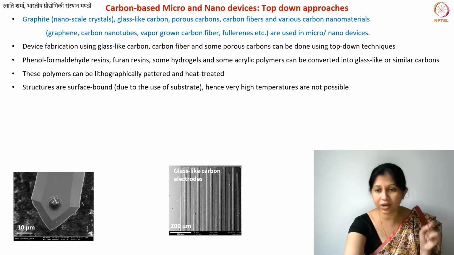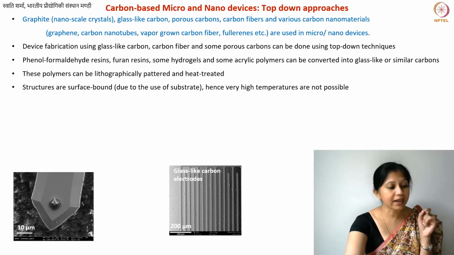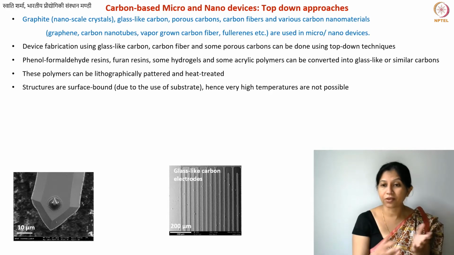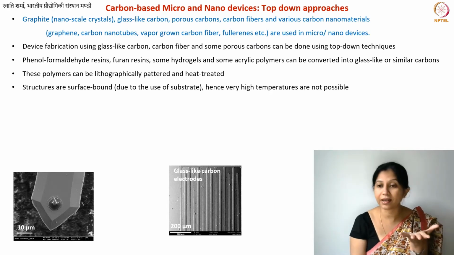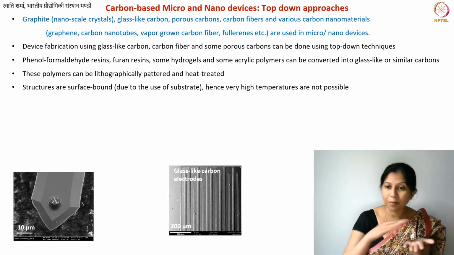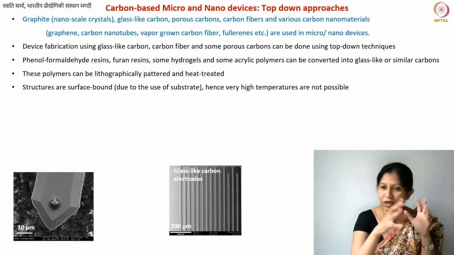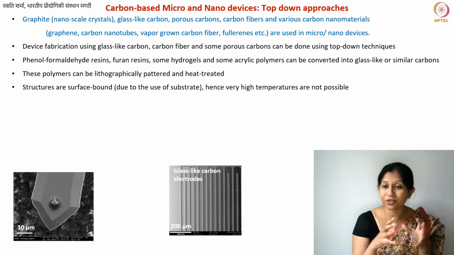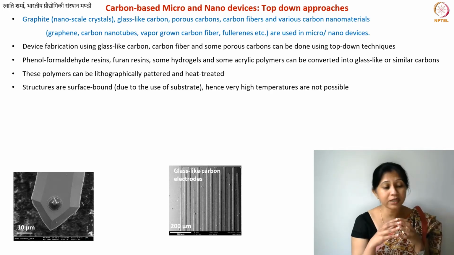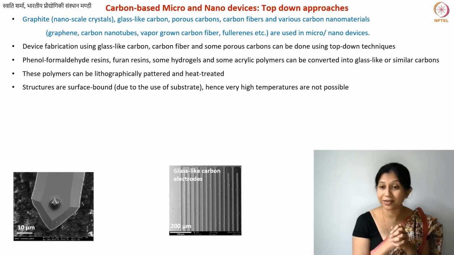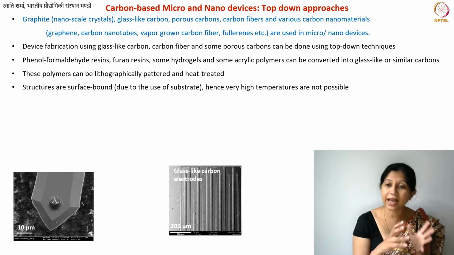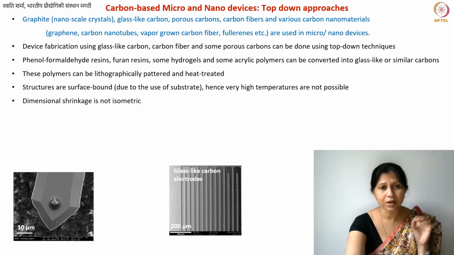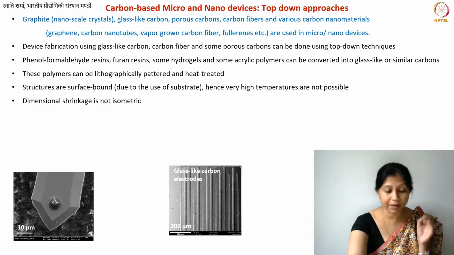Plus there is one more little challenge here. Whenever you're performing lithography, you have a certain, let's say, silicon wafer, you have a substrate. On top of that, you're doing your spin coating in whatever the fabrication that you're performing. It is substrate bound, which means you need to place the substrate also inside your furnace when you are performing the heat treatment, and that is why the heat treatment temperatures are also limited by the substrate.